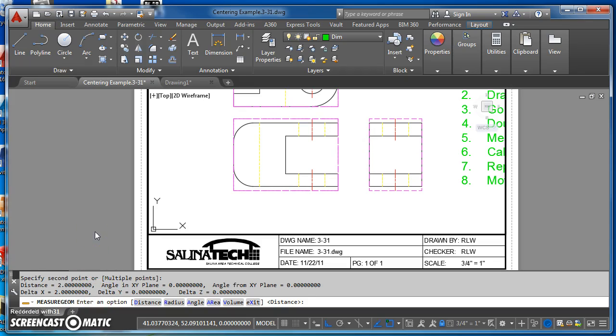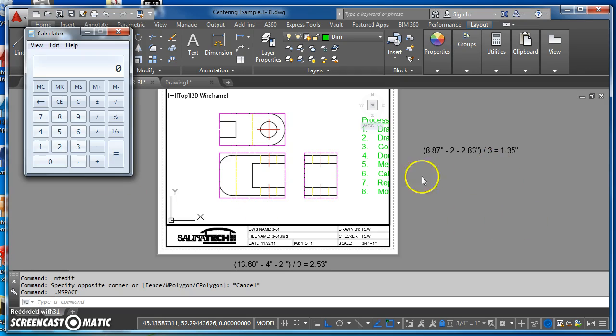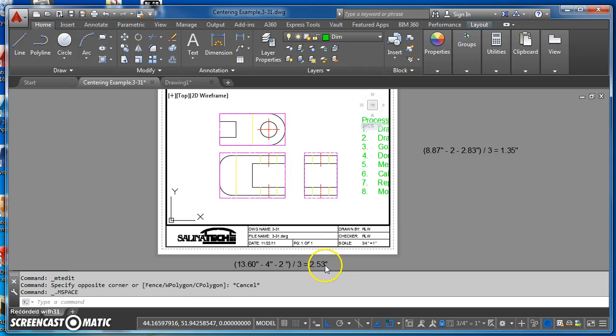Now I'll take that information and determine my spacing. Okay, so this is what that's going to look like. I'll just bring up my calculator here. And I take 13.6, subtract off 4 inches for the length of my first view, subtract off 2 inches for the length of my second view, and I find out that that leaves me with 7.6 inches. Then I'm going to split that number equally amongst one space here, a second space through the middle, and a third space on the side. So I'll take that number divided by 3, and I should find out that each one of those spaces should be 2.53 inches wide, and that'll have the drawing centered